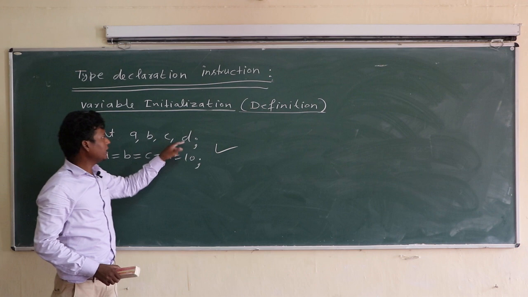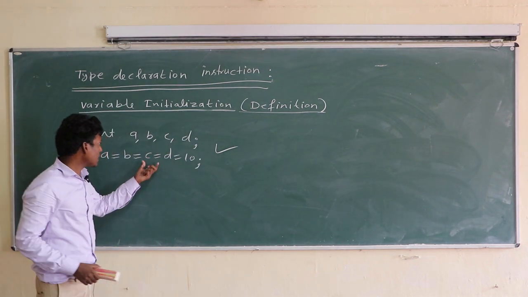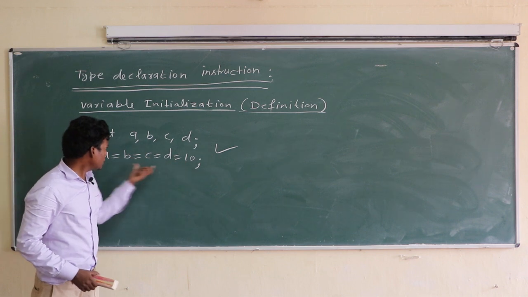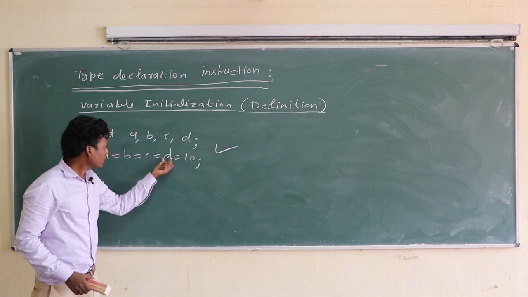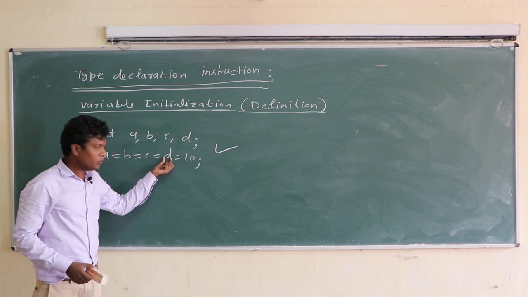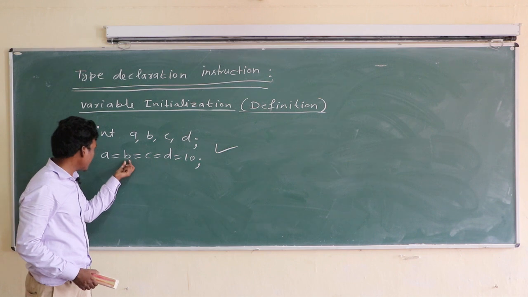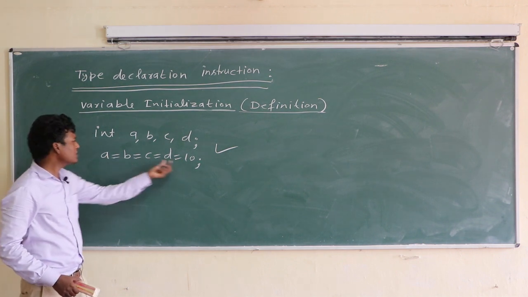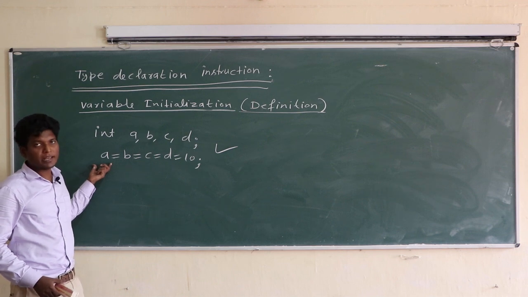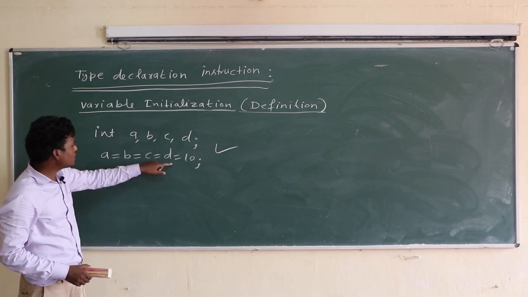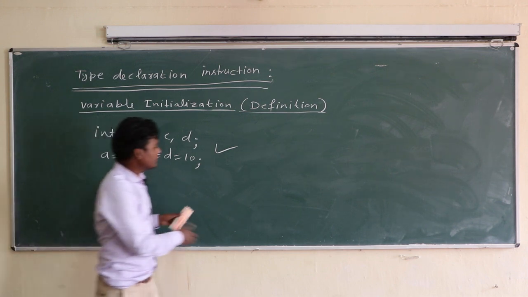A, B, C, D: 4 variables are declared first. Then you are assigning these 4 variables the value 10. 10 is assigned to D, and D's value is assigned to C, and C's value is assigned to B, and B's value is assigned to A. It means 10 is assigned to all the integer variables A, B, C, D. So this declaration and initialization is true, but